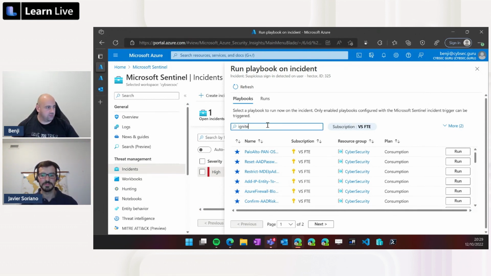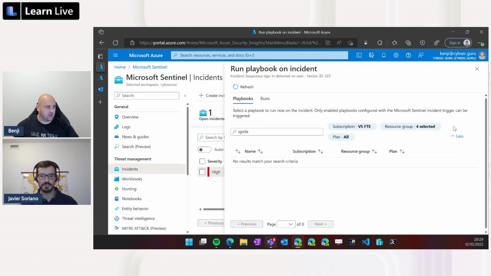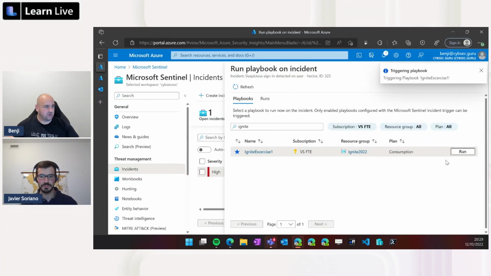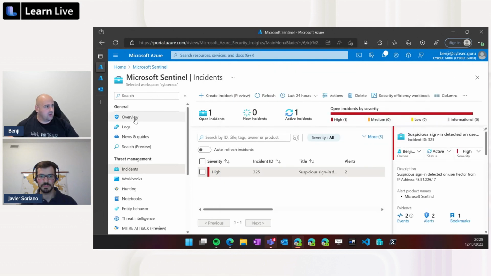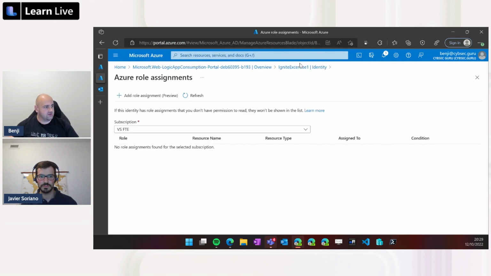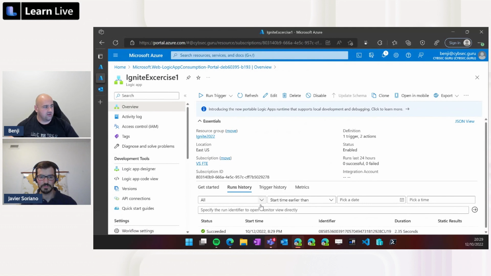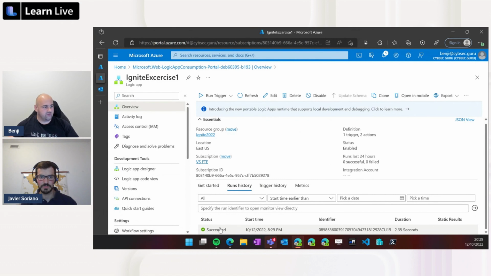So let's see, is our permission assigned already? So it still looks like, and here. Favorite now, and we can run it as well. So now it will trigger the playbook, and we can see the playbook is triggered successfully. And one thing that we can do is go inside of our playbook, to the overview, and see if it actually ran successfully or not. We can see that it succeeded. If it failed, here is where you want to go and see why it failed.